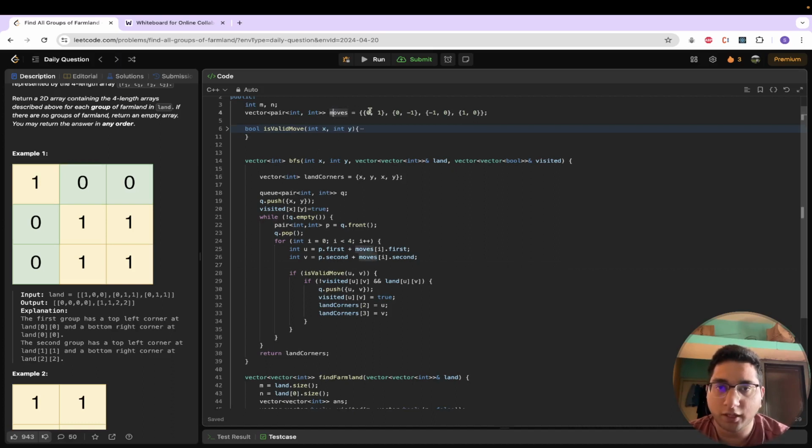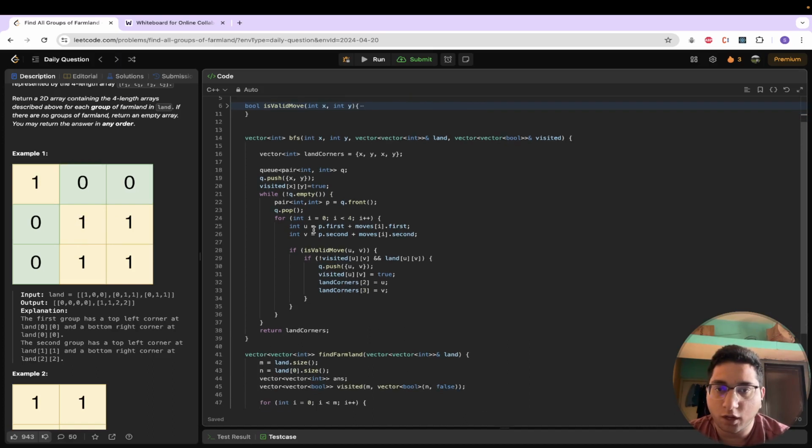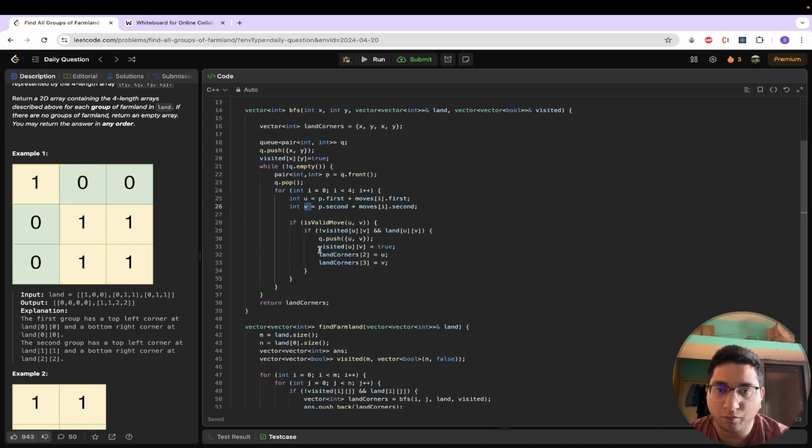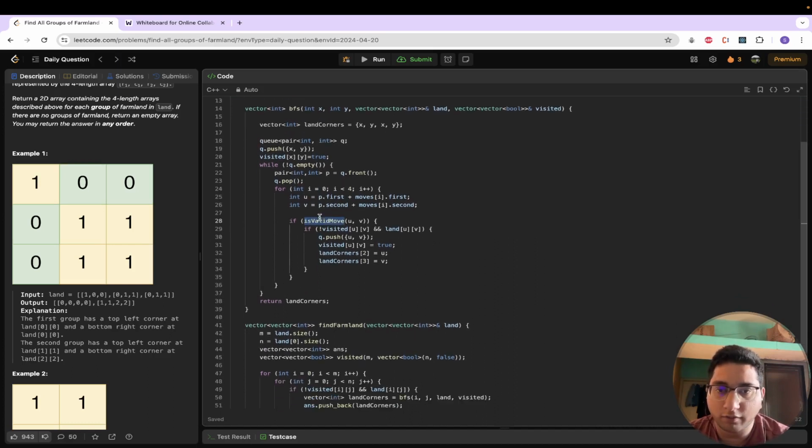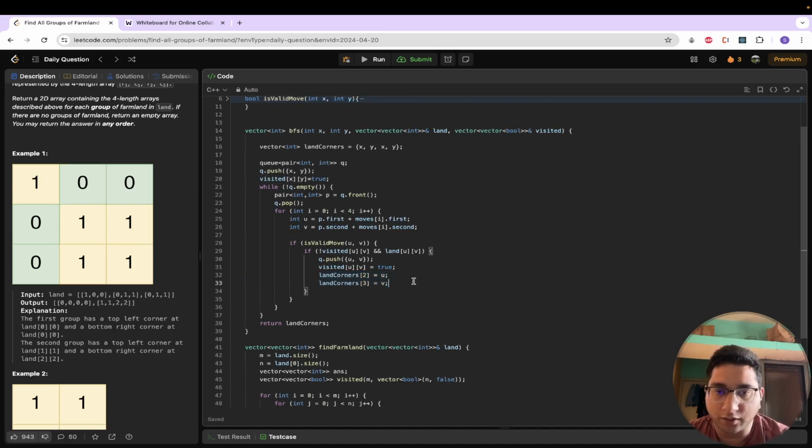So how do I know which are the neighbors? I have created one moves array, and I have put in a set of 4 coordinates, which will help us to move from a particular cell to its neighbors. So this set I have created. Now I will iterate through each of these elements, and I will simply add it to the respective x coordinate and y coordinate, and I will check if that particular coordinate is valid. Then if it is not visited and that particular area is land area, then again I will push it into the queue. I will mark it as visited, and now this particular coordinate is like our possible answer. So I will put that in the